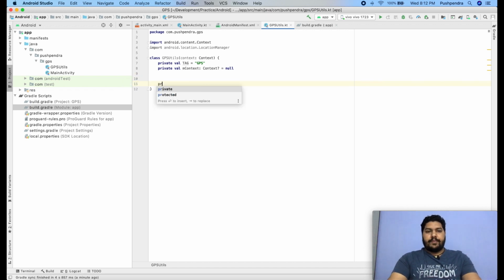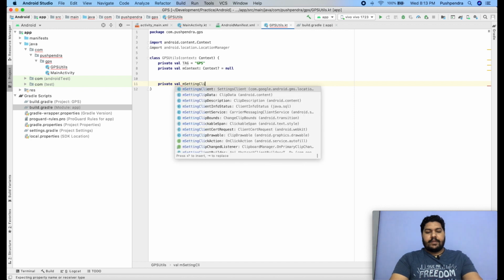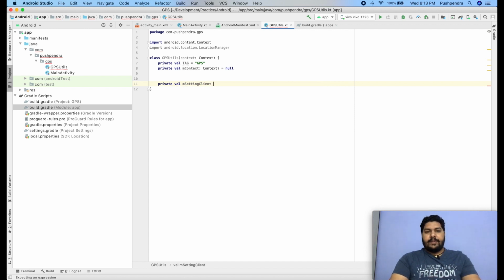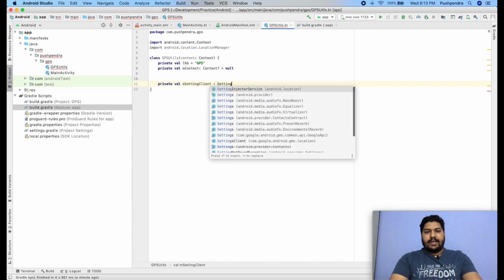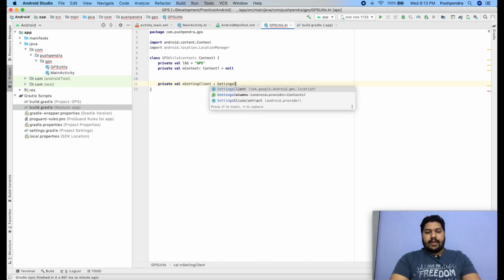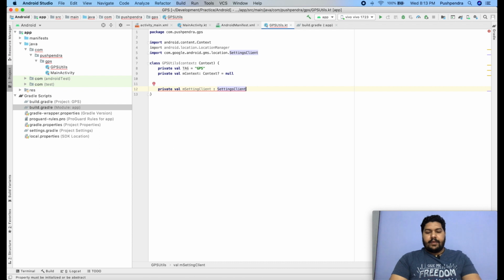So private val mSettingsClient, and it will be of type SettingsClient. By default this is also null, and this settings package will come inside your Google Play Services packages.